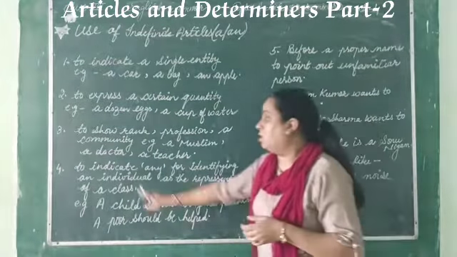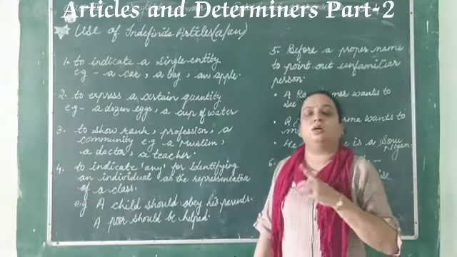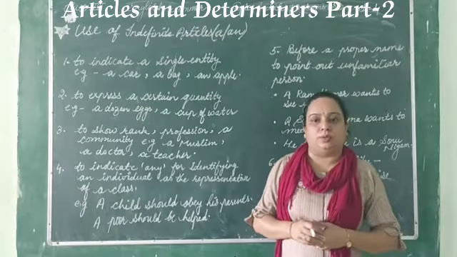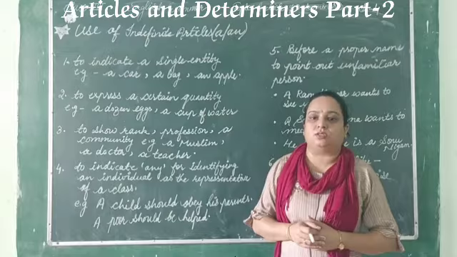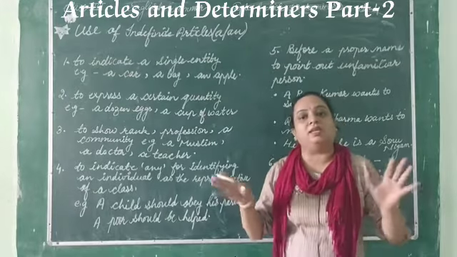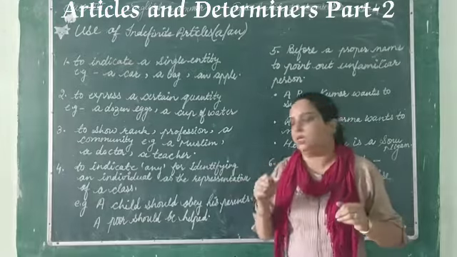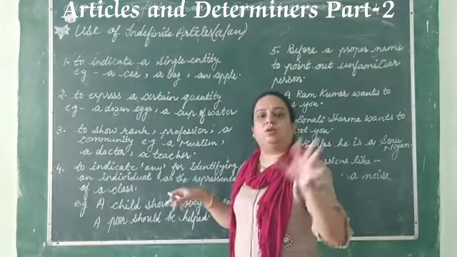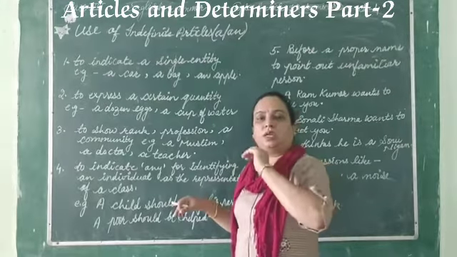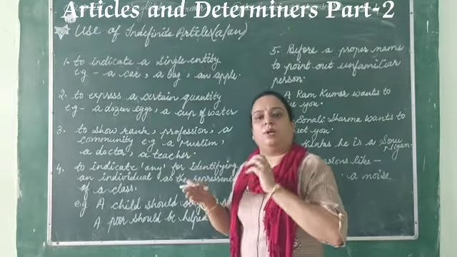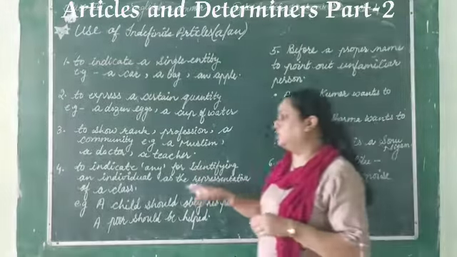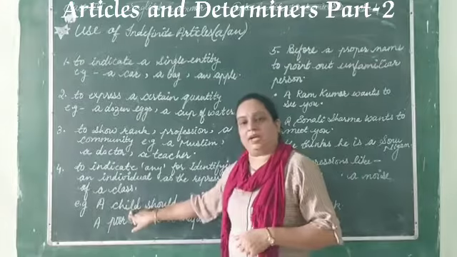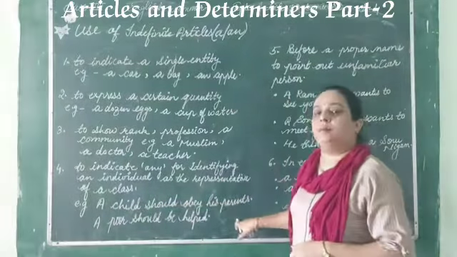Fourth is to indicate or identify an individual as a representative of a class. Try to understand this. When we talk about a particular group, right? Like we should do, a child should obey his or her parents. So I am talking about any child, everyone has to follow that, right? So here I am talking about a particular class as a representative of the class. Here I am not talking about this child, this child, this child or this child. Here I am talking about all the children, right? But what I have taken here, I have taken this child as a representative of the class, child, okay? So a child should obey his parents.